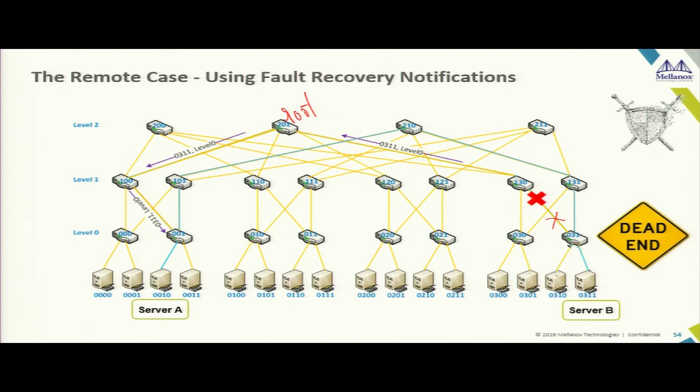Now your parallel application, because of one simple link failure or one simple flaky link, is completely gone. When I say completely gone, I mean it will finish, but it will finish in a time which will be almost 2x of what it was supposed to finish. And this is a very common scenario.